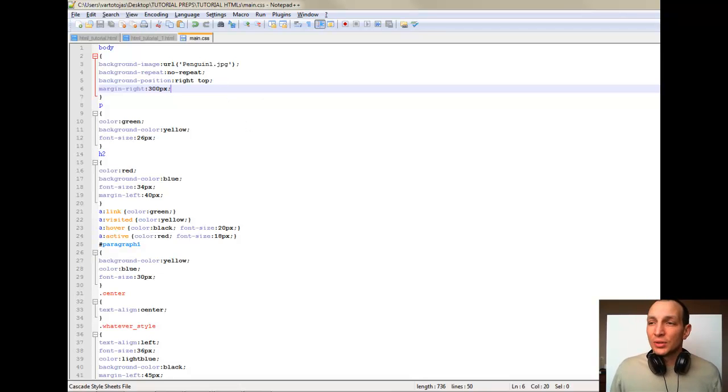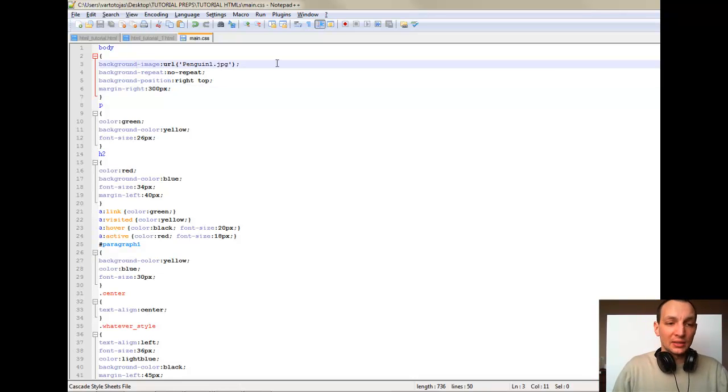In order for us to do that, we only have to do one very simple thing, and that is, we want to delete the background image property, leave the background only, and then just in front of our URL to our background image, we have to place the hashtag and tell our browser which color we want